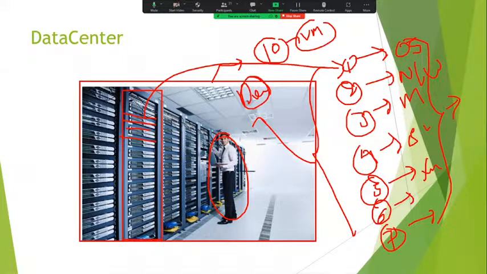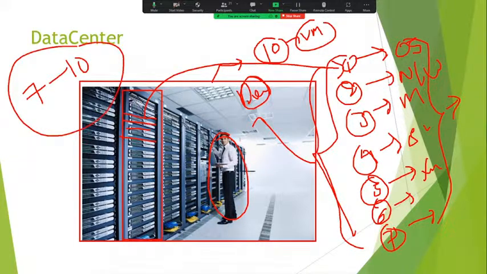Now, to complete this process, it will take a minimum of 7 to 10 days. Why? Because we have to submit the request, it should be approved by the manager, then it goes to the data center team, who should allocate the space for these 5 servers depending on business requirements.